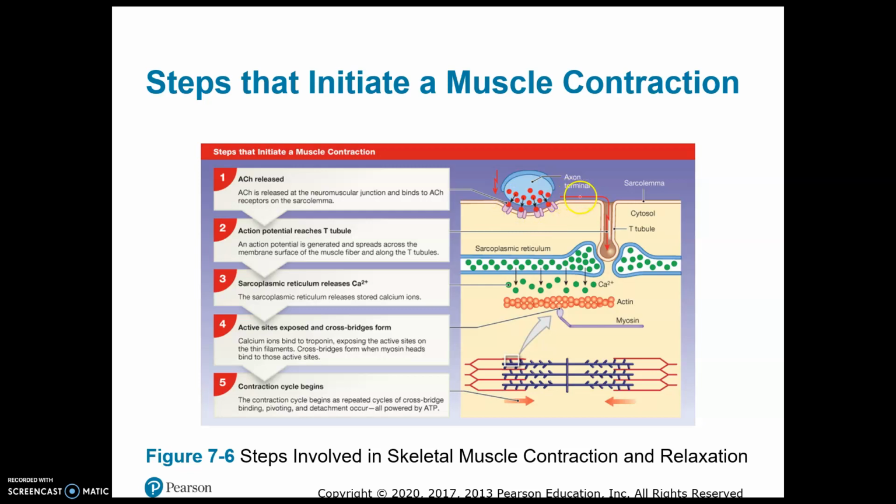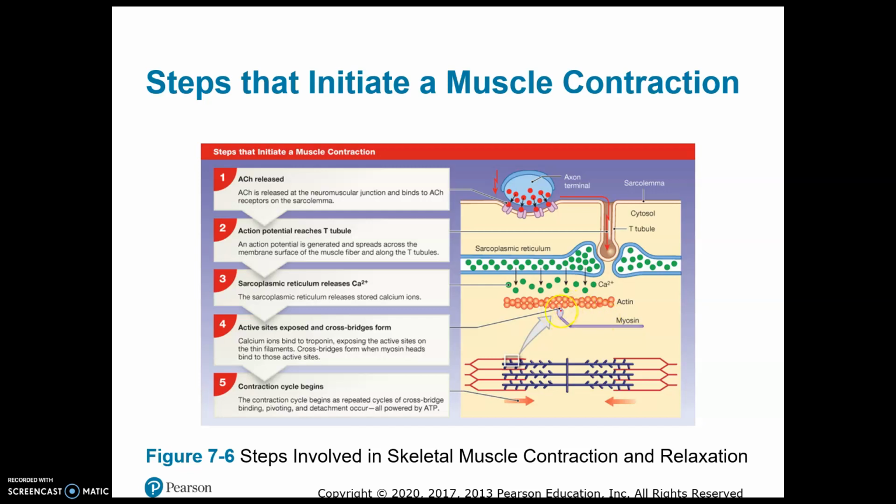An action potential is traveling down the sarcolemma of the muscle fiber, and it's traveling down into the T-tubules, where it stimulates calcium release from the terminal cisternae of the sarcoplasmic reticulum. And then that calcium is going to cause troponin to move out of the way, and tropomyosin to uncover the active sites. And then myosin can now form a cross bridge with actin,